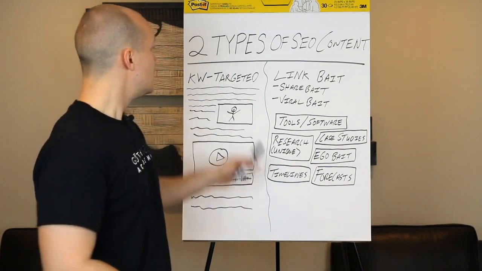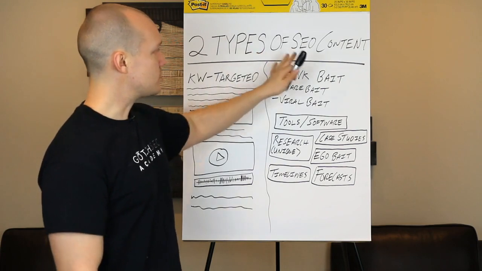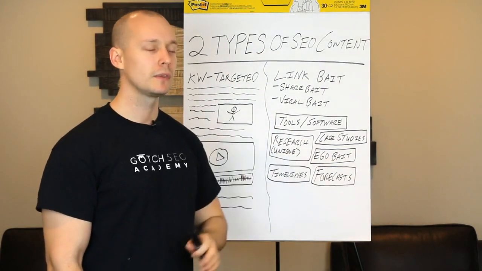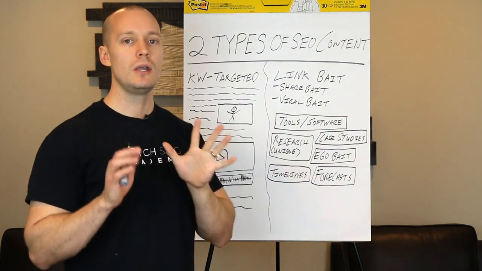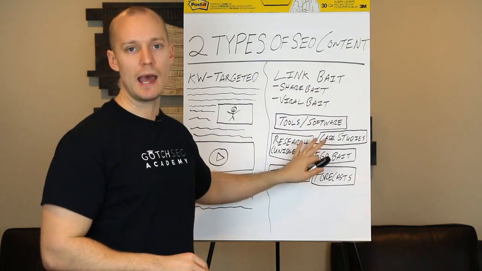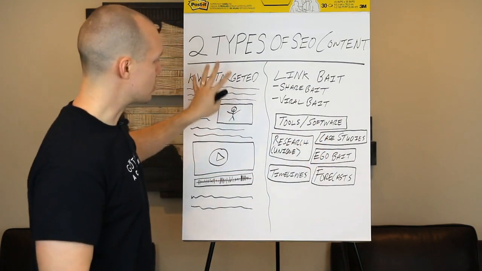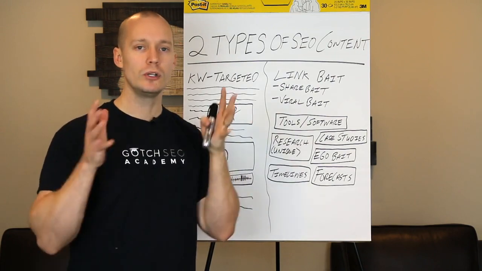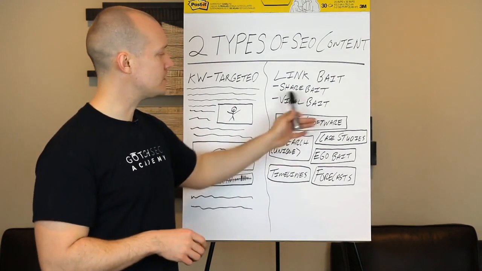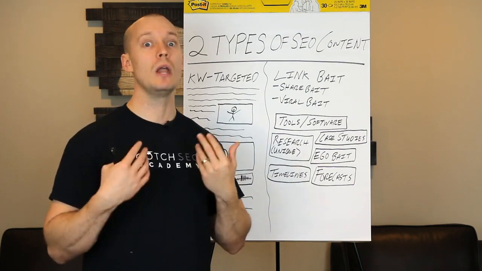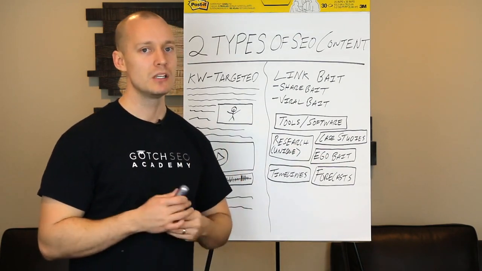So the second type of SEO content, which is the other 20% of the content that you should be creating. And before I get into this, if you're just starting out, I don't recommend focusing on this really at all, because you really want to build up your strong foundation of keyword targeted content assets and really get those performing before you start jumping into these other methods that are a little more advanced and require a lot more resources and time.